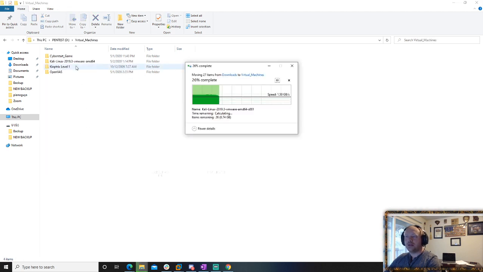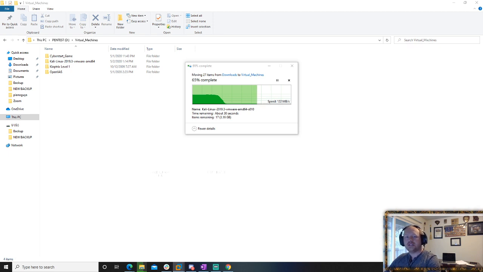Okay, so there's Kali Linux. And we are going to go to open a virtual machine. Go here. Okay, so it's got about 45 seconds. If you're following along, just go ahead and get it copied somewhere that you like. And this is VMware Workstation 15.5 Pro. VMware Player is very similar.